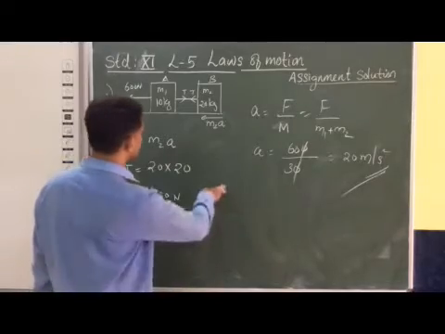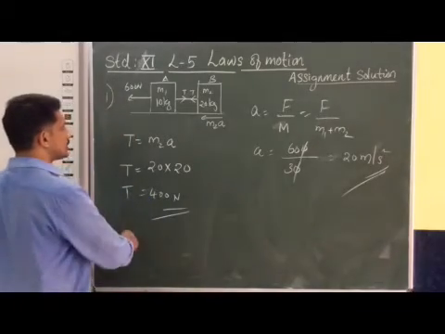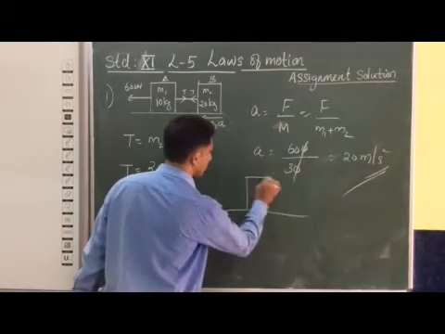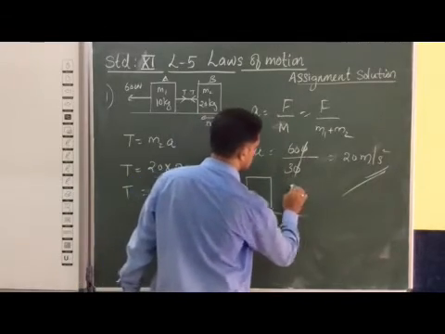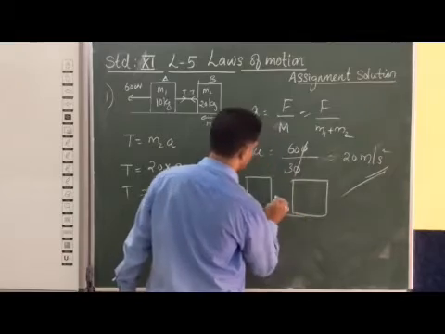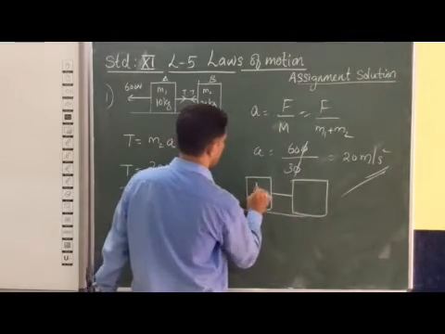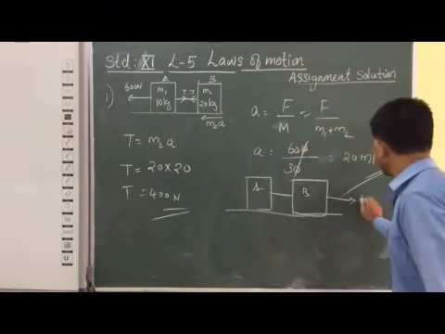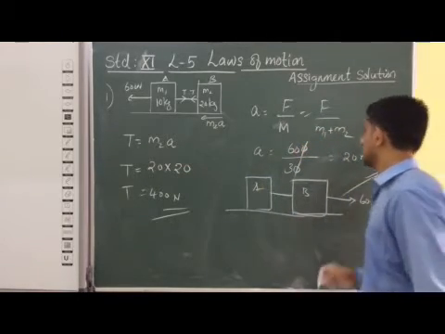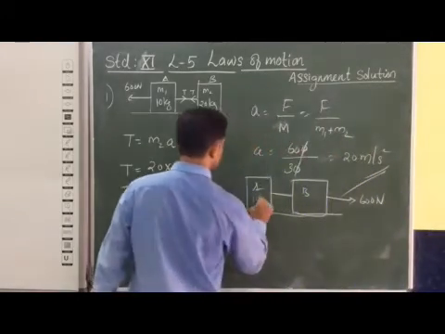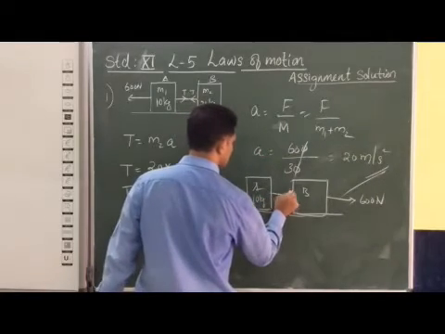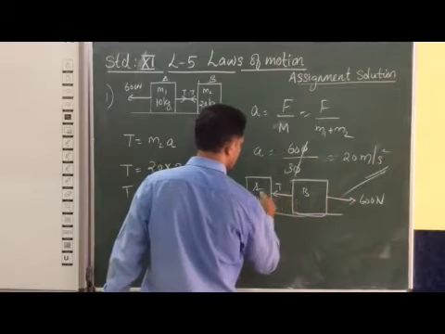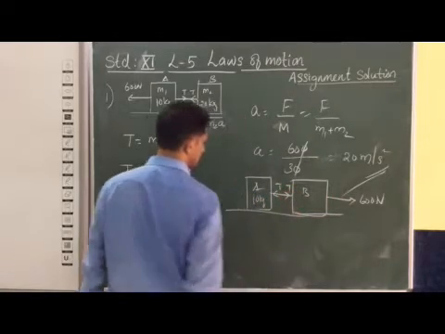Now we can consider our second situation. What is that second situation? Now force is acting on this second block. Like this way, two blocks we are considering, and this is our block A and block B. Now force is acting on this side. 600 Newton force is acting on this side. That means this is of 10 kg. Tension is acting because of this force. The tension is acting on this side, and the object is moving, that means tension is there.